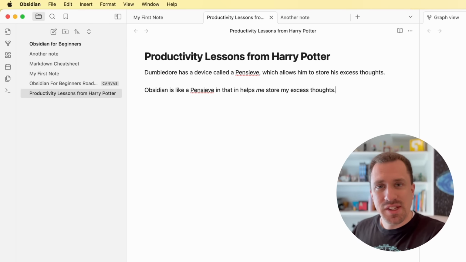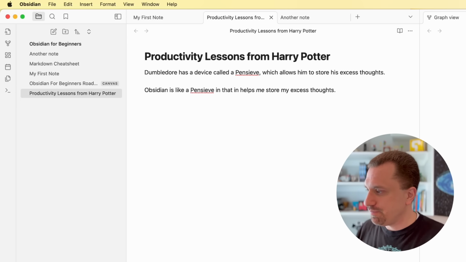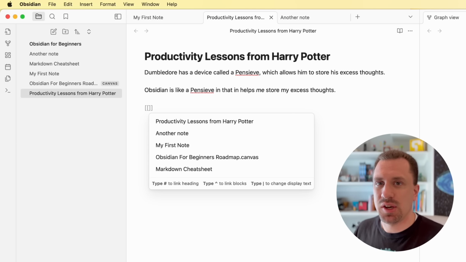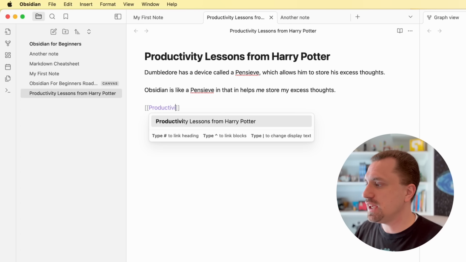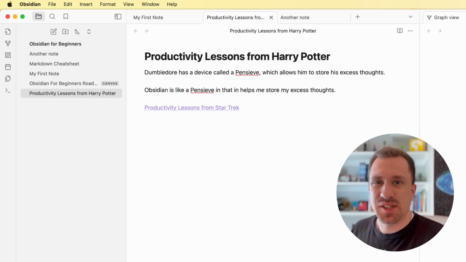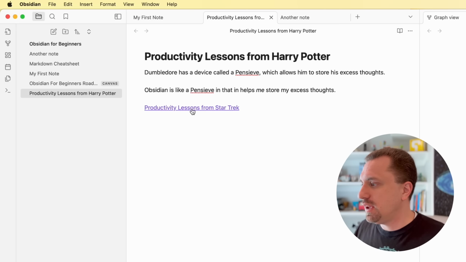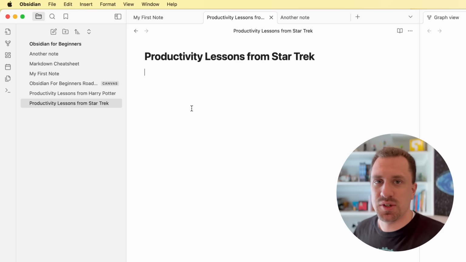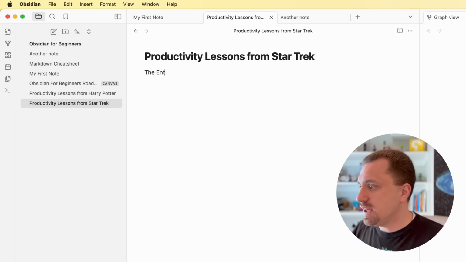So we've got this note, and maybe as we're writing out this note, we think, oh, there are other things that this reminds me of. I'm going to create a note to something like productivity lessons from Star Trek. Maybe I want these things to be related because they're productivity lessons that are coming from pop culture things. So create a link to this new one. I'm going to go ahead and click on that, create this new document. I'm going to say the enterprise computer